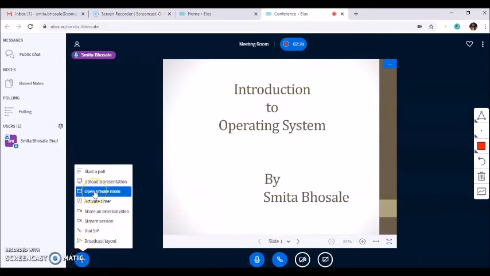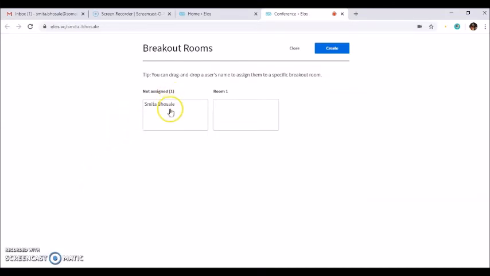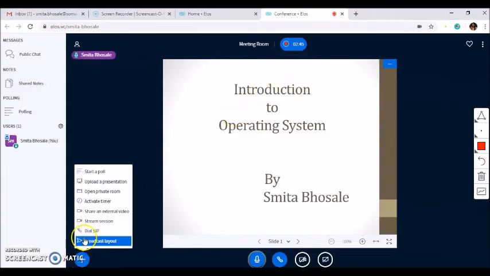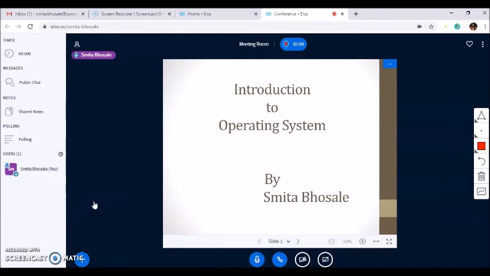You can open a private room. So this is the room which I already created. You can create a room. At present I click on close. Some more actions are, you can also activate the timer. So here the timer started.